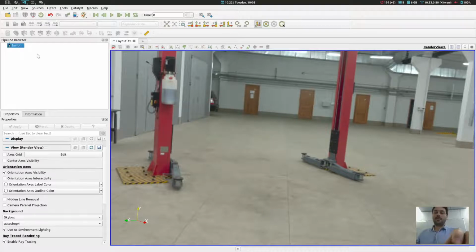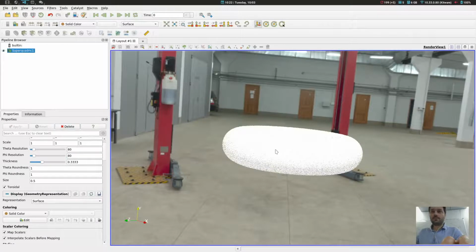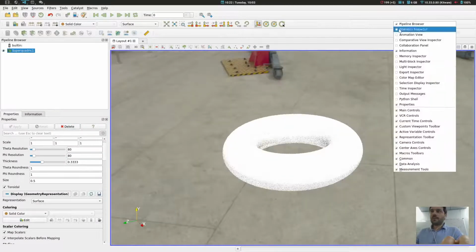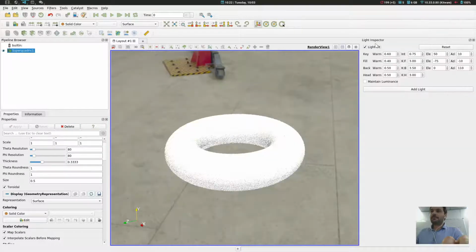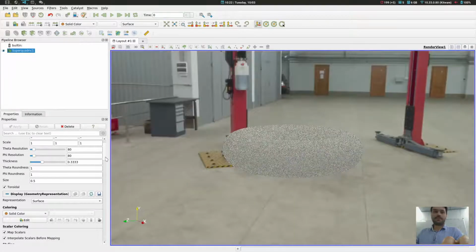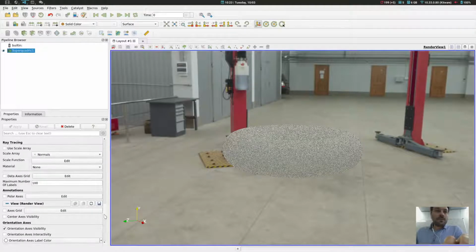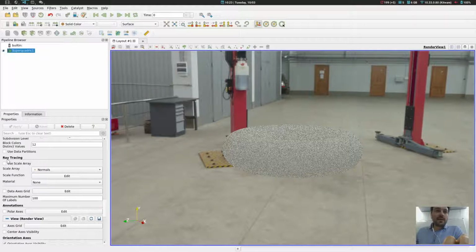Let me just create a new torus. I will remove the light. Okay. You have here inside the ray tracing property group an attribute that is called material.